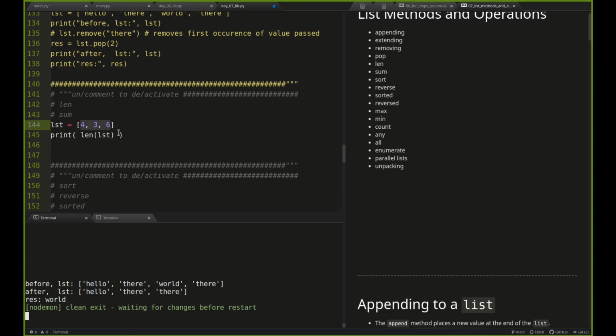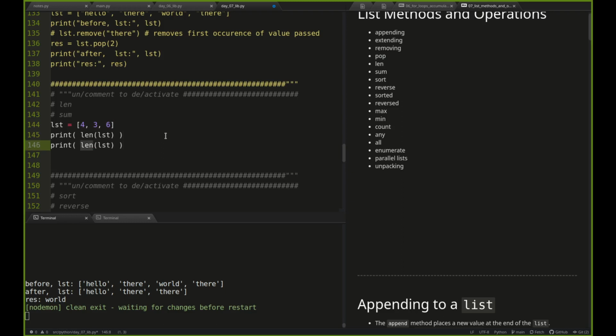And then sum. Sums a list of numbers, right? These could be ints or floats. They could be positive or negative, but it just sums them together. That's all it does. If I try to put a string in here,